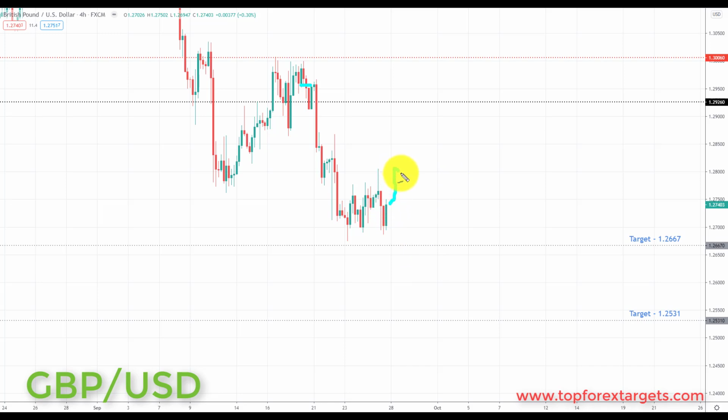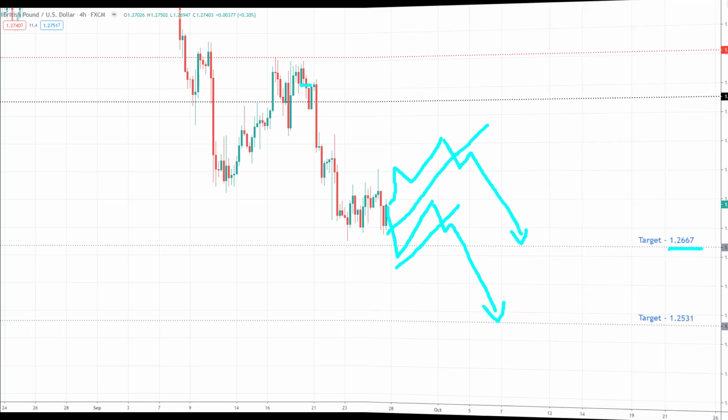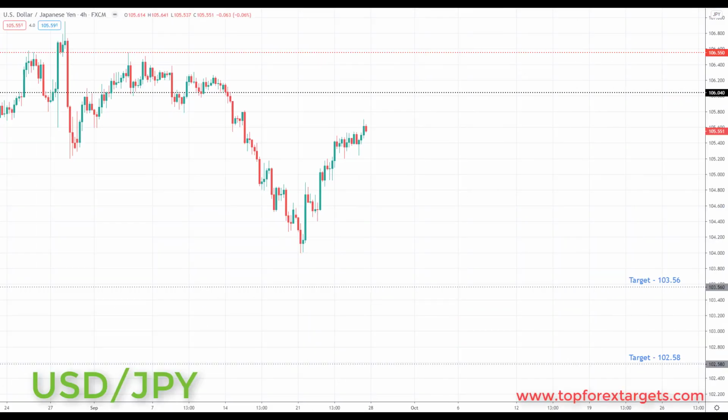So we're going to be looking for one of two things. Either we pull back and we start to correct towards the 1.29260, in which case this will provide anybody who isn't short from last week another opportunity to look for short setups down towards the next key of support to the downside and the target set at the 1.2667. Or if we come down and we take out this target next week and we start to bounce to the upside, this will once again offer another opportunity to go short down towards the next key of support to the downside and the target set at the 1.2531.